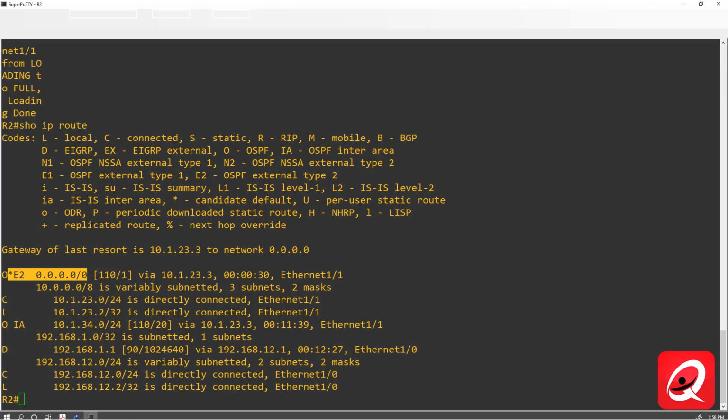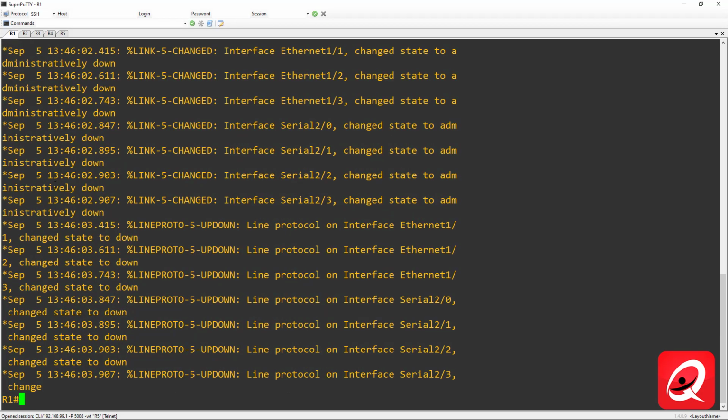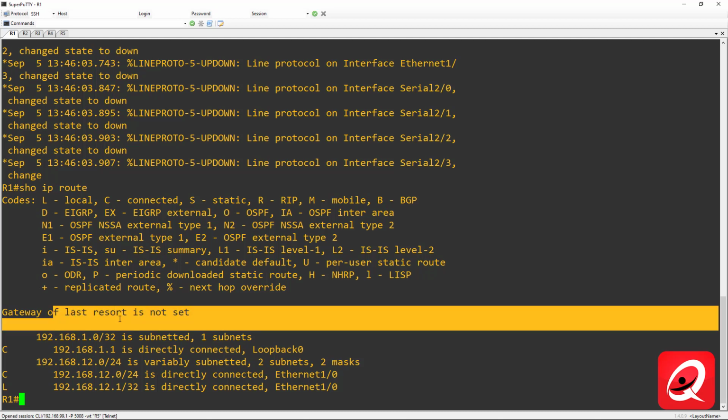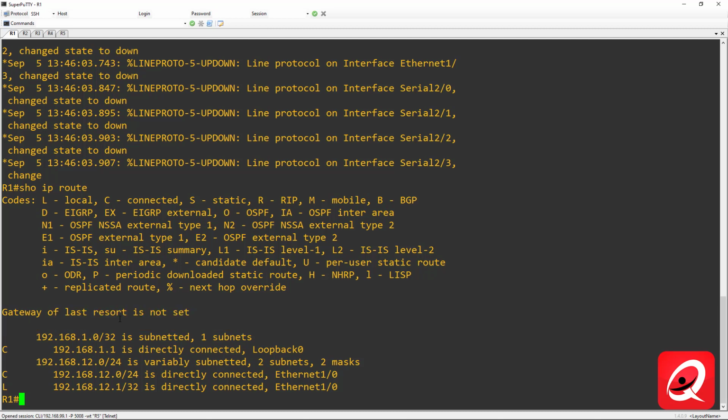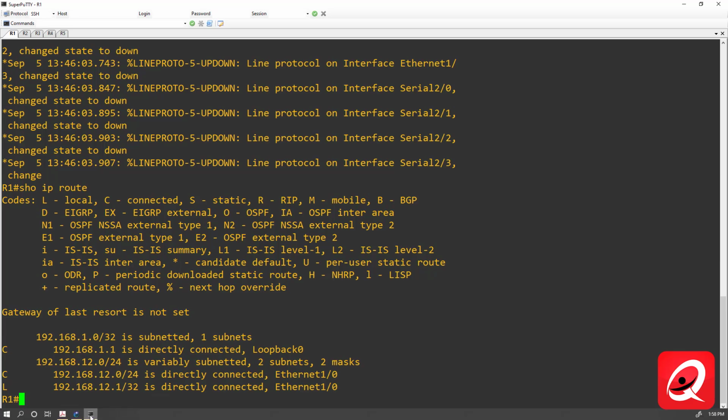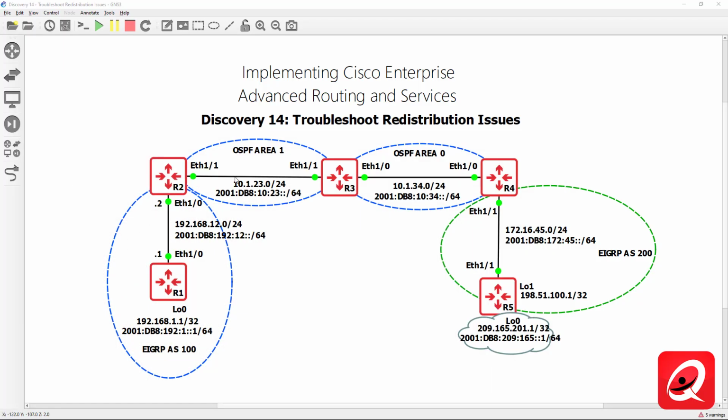So let's go to router 1 and see if we have a default route. Show IP route. We still don't have a default route on router 1. Okay? In fact, we're not really getting any routes on router 1 at all. All right? But we've at least confirmed that the V4 default route is making its way all the way to